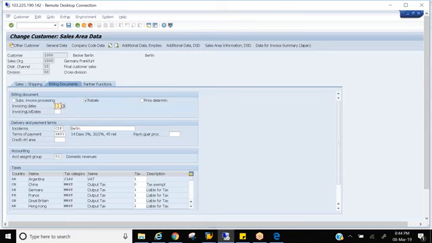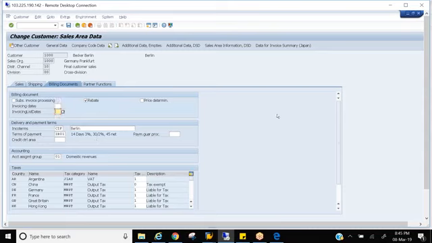And invoicing dates. See, invoicing dates is an agreement between the customer and the company that you should raise the invoice only on that particular day. That means you do delivery on whatever day you want in a month, but for all the deliveries you have done in the month, you should send the invoice on only a particular day of the month. That means every month on the 25th, you should send the invoices for the deliveries that happened in that particular month.